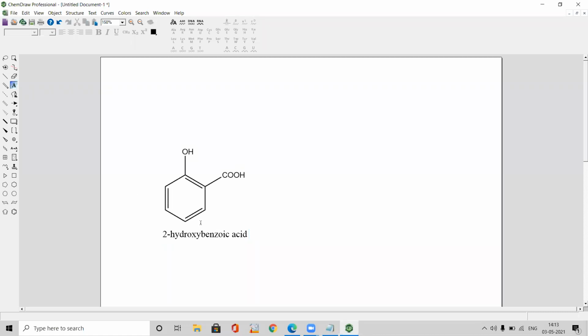So if you know the small chemical structures, you can draw them like this. Now let's draw alkyl compounds, alkanes. Now I wish to draw n-propane, with 4 carbons in the chain, which is an open chain.